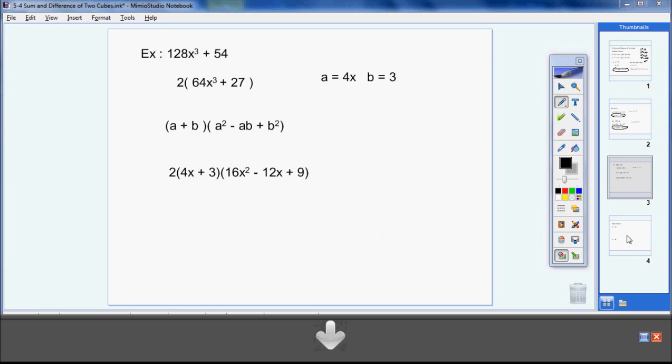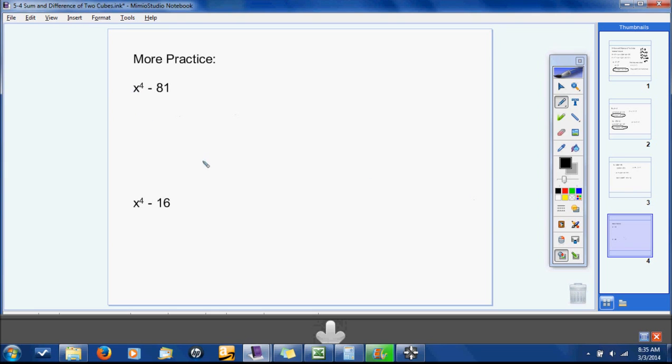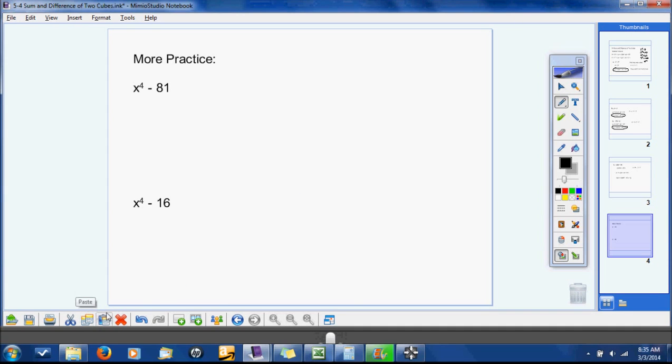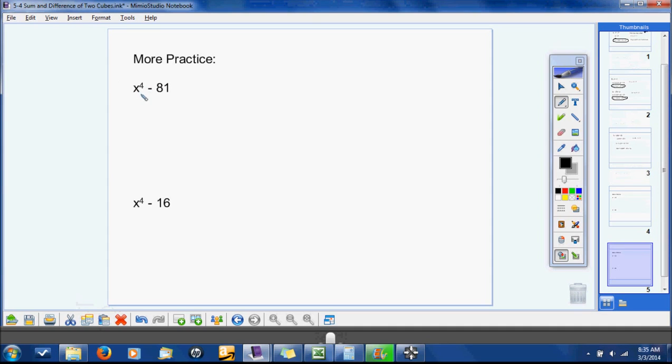Alright, I just have two more examples I want to show you. These are not new, but you have to make sure that you follow things through. These next two will be very good for you to make yourself able to do for your quiz that's coming up on Wednesday. So let's take a look at these. If I have x to the fourth minus 81, there's nothing in common. However, this is really a difference of two squares. This is really x squared minus 9 squared. And if you remember from the other day,